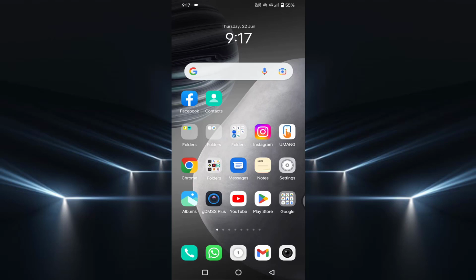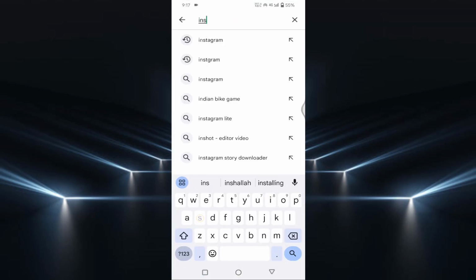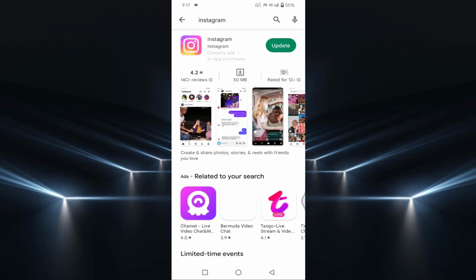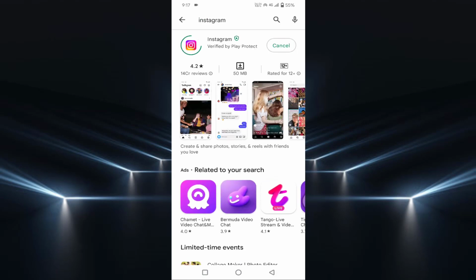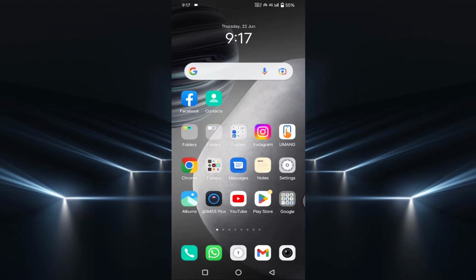First of all, you need to open your Play Store, then search for Instagram. If your Instagram is not up to date, then update it from here. After updating your Instagram, then go back, just tap on settings,